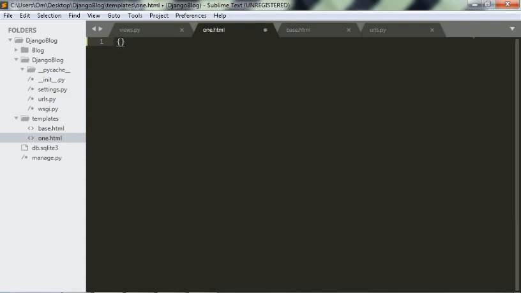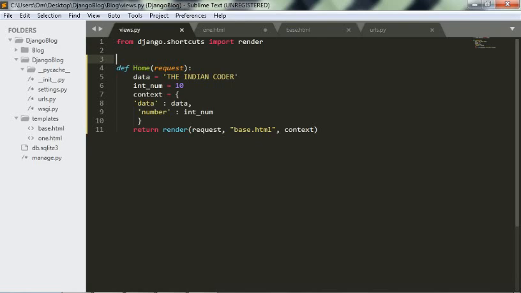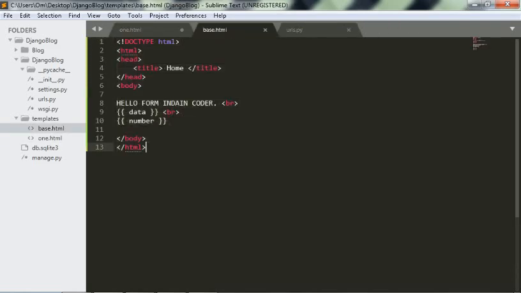So what would I do? I would create curly brackets with two percent signs, and type include and the name of the template, that is base.html. Now to show the data, let us cut it.